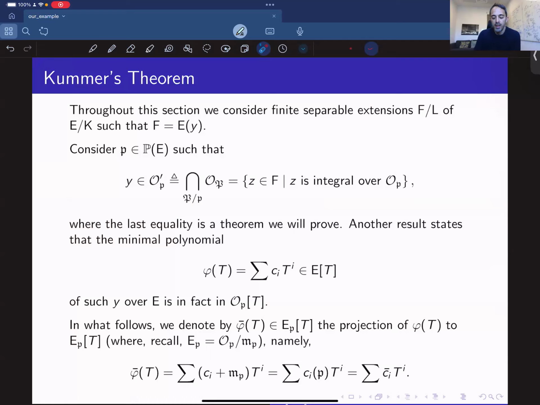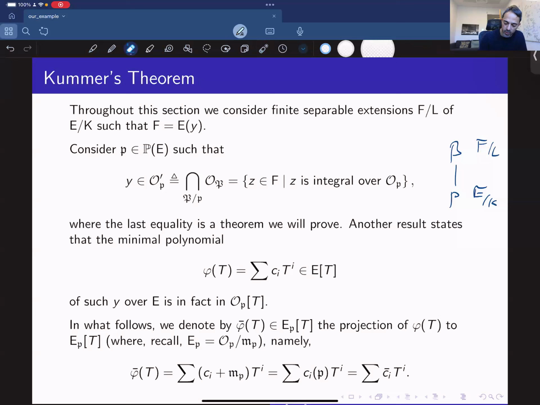through it slowly. So from here on, unless I'm saying otherwise, and I don't think I would say otherwise, we are only considering finite separable extensions of function fields. So F over L is a function field, E over K is a function field. And when I say that F over L is a finite extension of E over K, recall it's the same as saying, I mean, by definition, is saying that F over E is a finite extension, but that's equivalent to saying that L over K is a finite extension, and also that for every prime divisor, little p in E over K, and capital P in F over L,